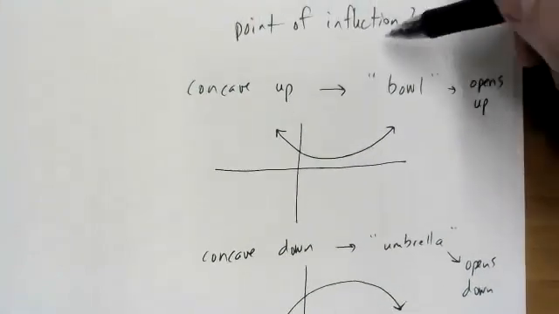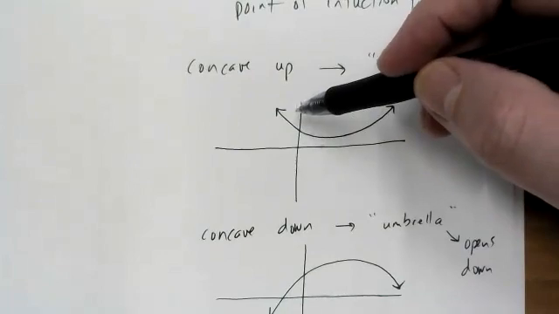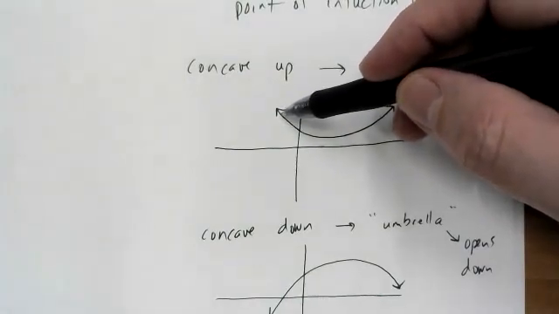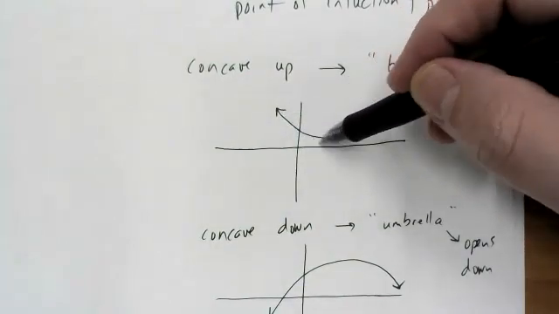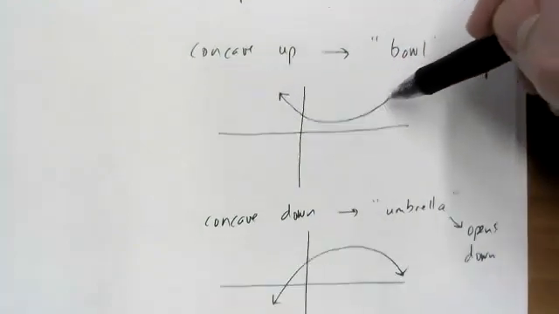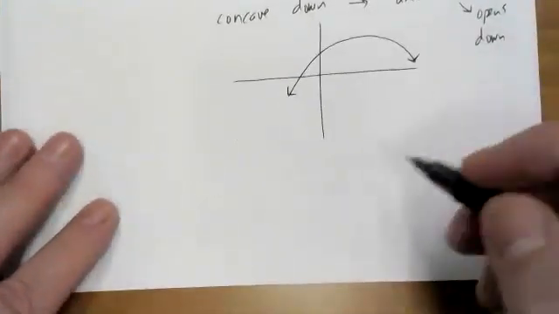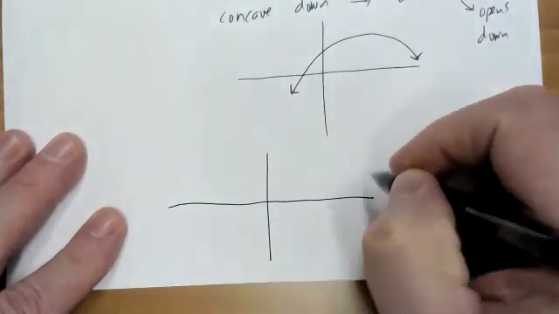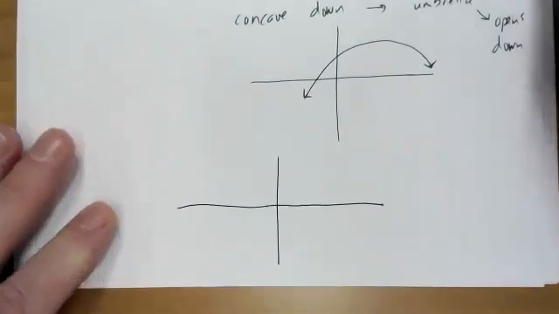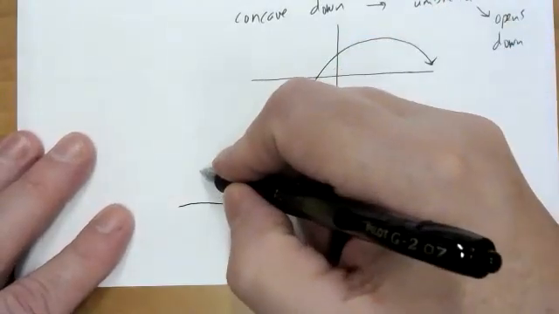So if we were to ask, please give the intervals where the graph is concave up or concave down. For this one, the whole graph would be concave up. Let me give you one where for the same graph, the concavity changes. So how about